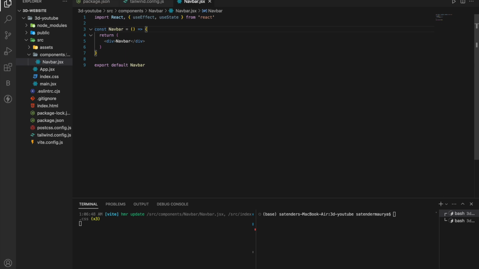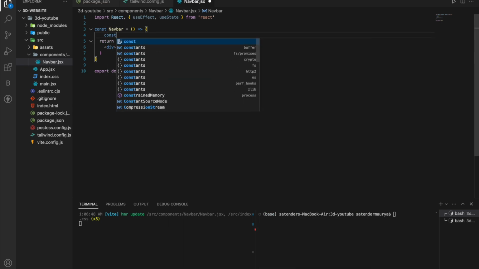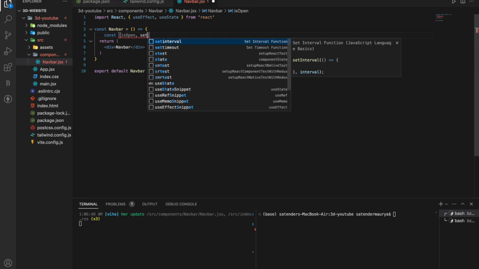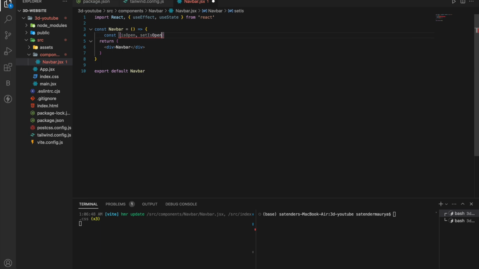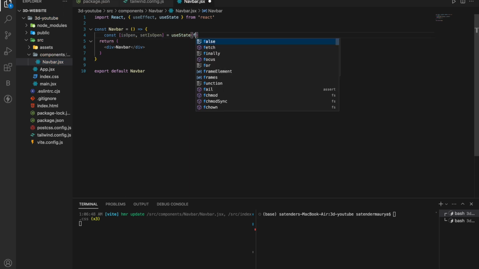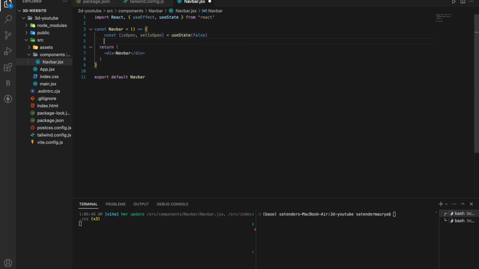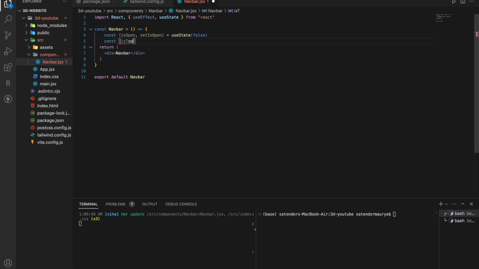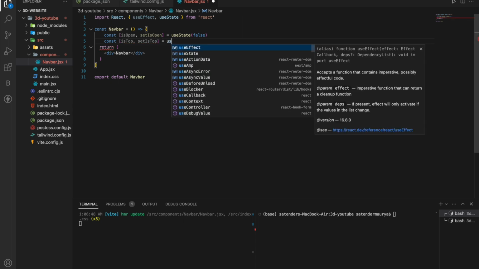So let's start by defining a state here. For that, write const [isOpen, setIsOpen] = useState. We will take the default value false. This will be used for our hamburger menu. And then we will define another hook, isTop, setIsTop, and then useState